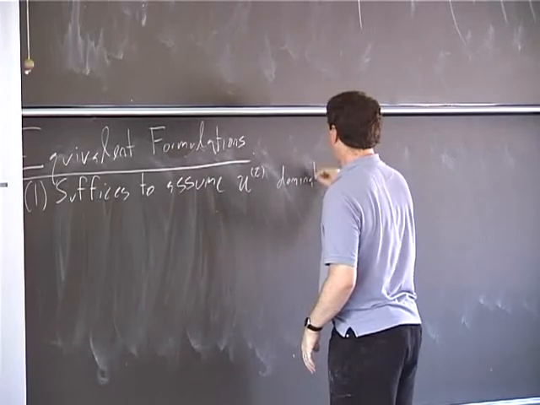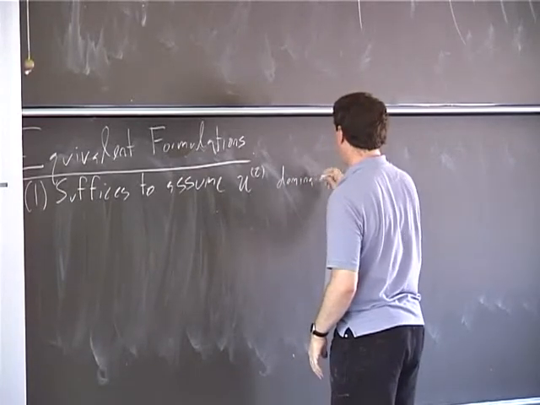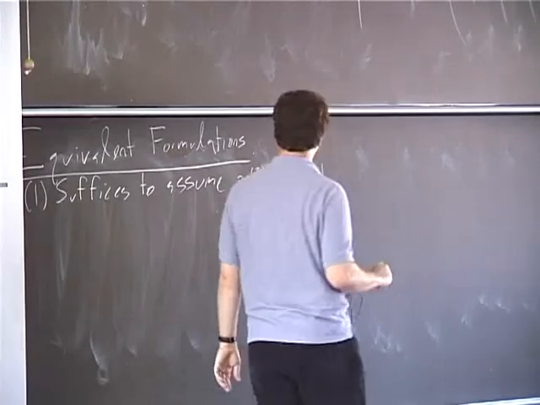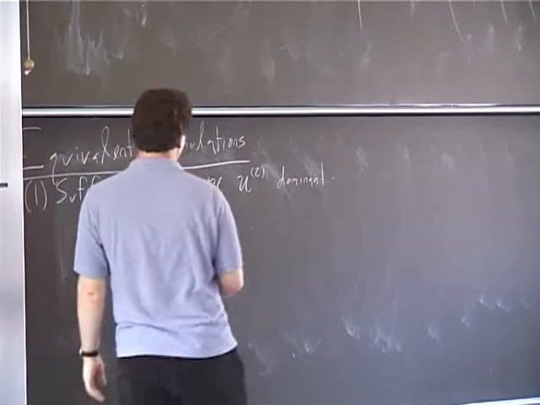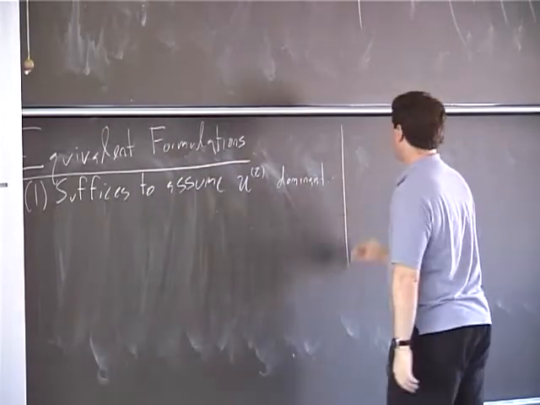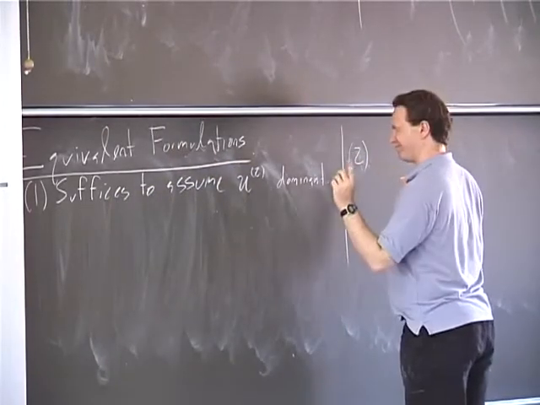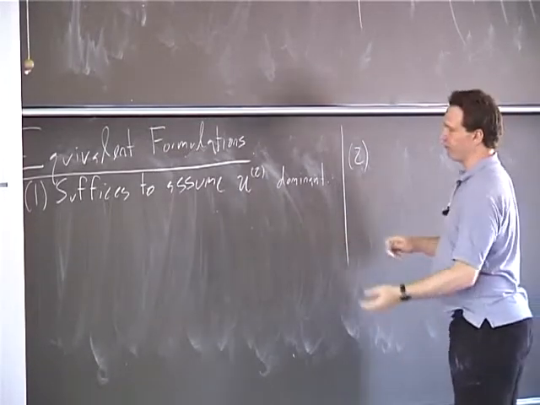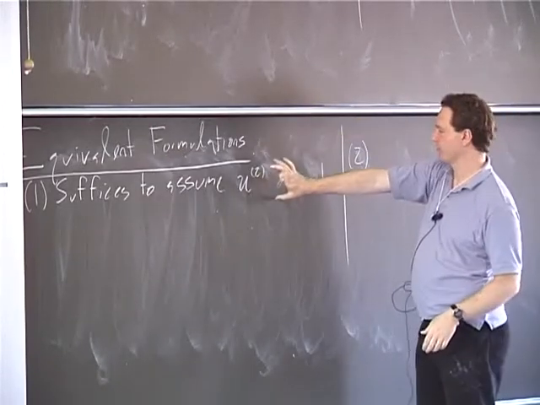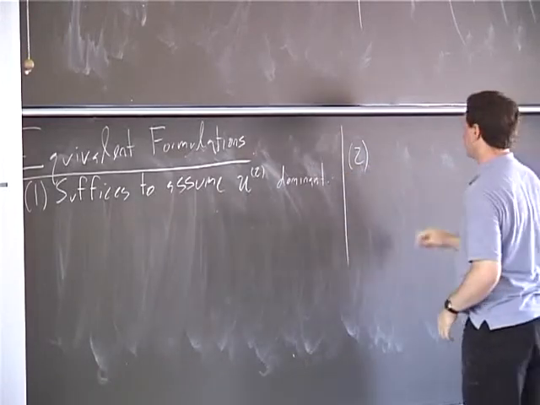So it doesn't have to be that for every pair of points you have one of these curves, just for a general pair of points. And then it in fact follows that, well, for some other family of maps from P1 to X, you'll get the result for every pair of points. So that's one thing. Another thing is that you can get something stronger than this. So this strong condition is equivalent to this weaker condition. It's also equivalent to this much stronger condition